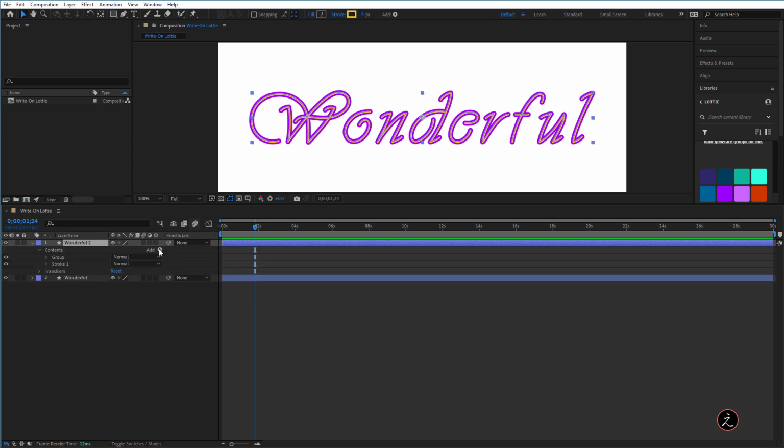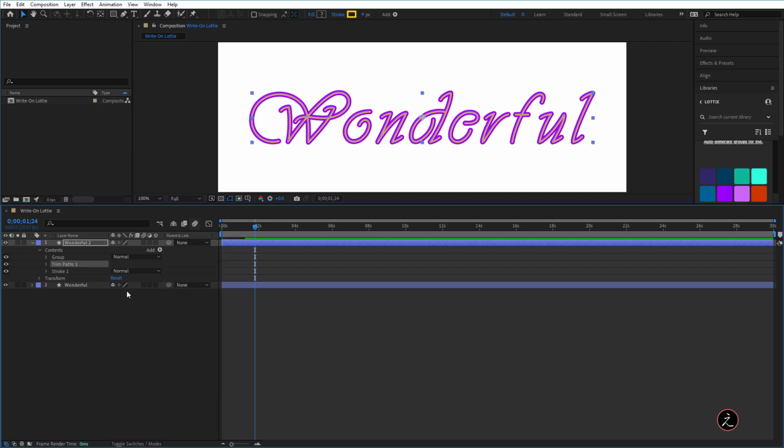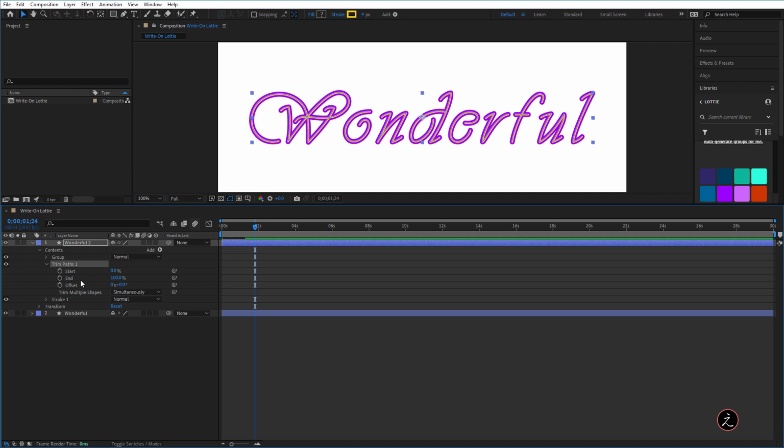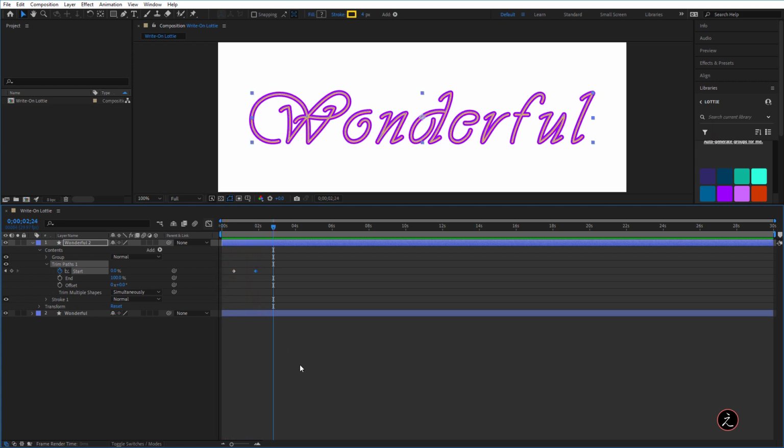Again, I will click on the Add Flat menu and bring up another Trim Paths operator. Again, I will do exactly the same thing, but I need to time this correctly. So I would say around here, the second Trim Paths operator will start to animate the Start property. So I will click on the stopwatch to create the keyframe here. I'm going to bring this to 100%. And then I will scrub the current time indicator and then zero this. Let's go ahead and do another quick run preview. This begins and then the other one follows.